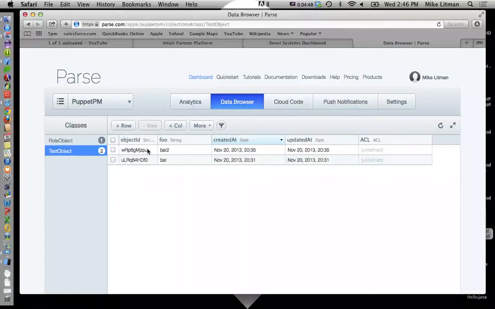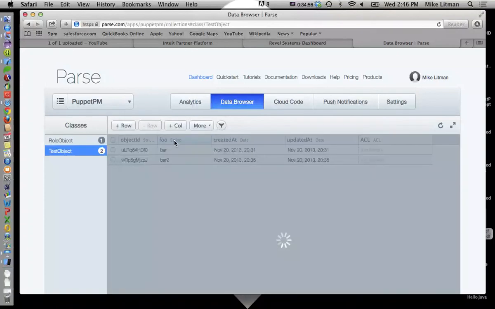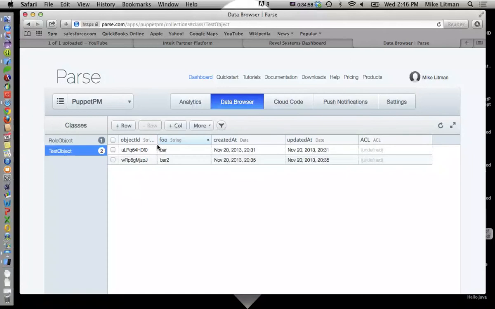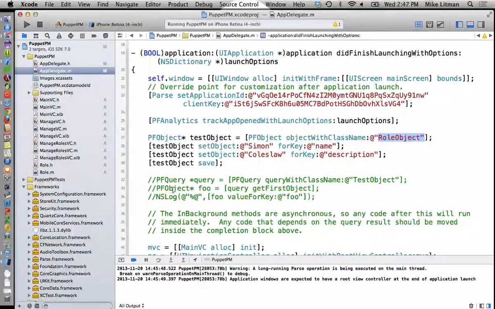Similarly, here are our test objects. Notice we have two separate objects where each object has a single attribute called foo. One of these objects' foo attributes has the value bar. The other one has the value bar too. So this is an upgrade to what we were doing before because we don't have to parse. And what I mean by that is I can come back in here and